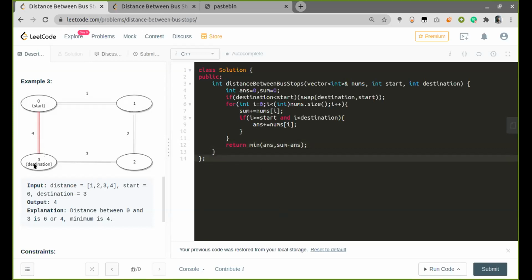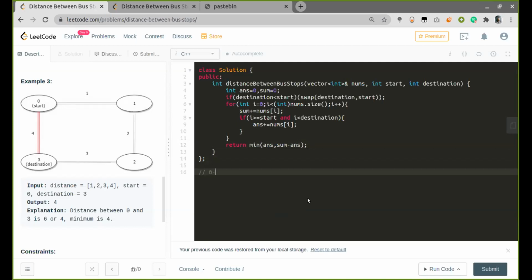So I don't have to take this third index again. Since if I take the third index, it will calculate an extra step while traversing, which will not be added in the value if I traverse in the clockwise direction. So you are taking the difference, you are taking the total sum and then returning whichever is the smallest.